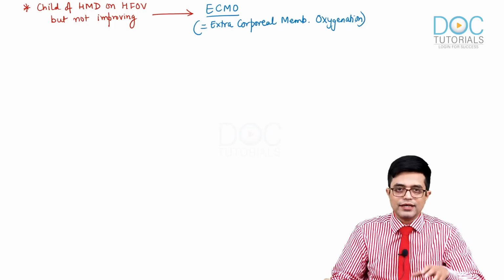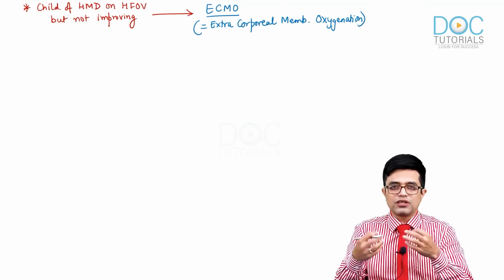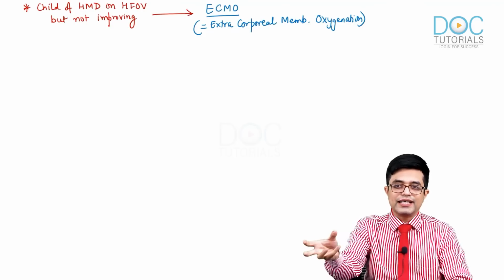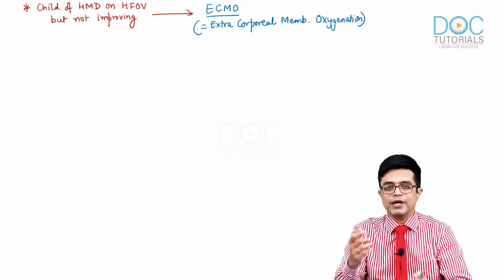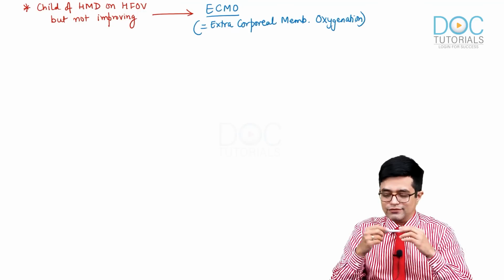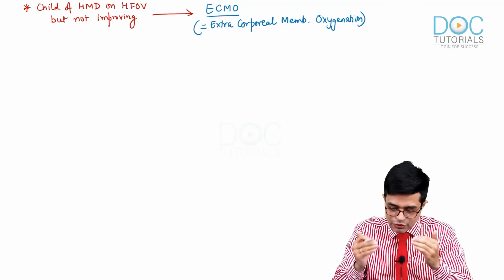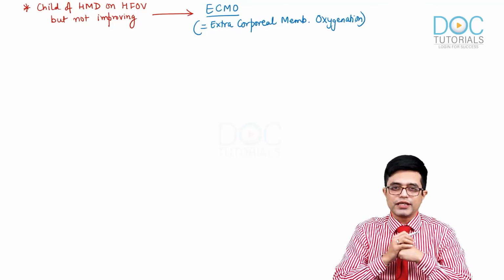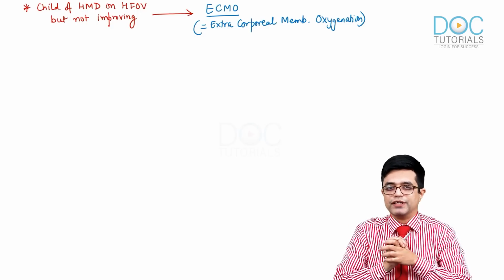Just like dialysis is an external device which removes nitrogenous substances, similarly, if both lungs are not performing their function, you take out venous blood, oxygenate externally and then pump back into the arterial system. That is called ECMO. Any neonate who requires ECMO has a very high mortality. So, this is more of a theoretical thing than practical. But if the question asks that despite this you can do, then ECMO. If ECMO is not working, then probably fate is not favoring this child anymore.